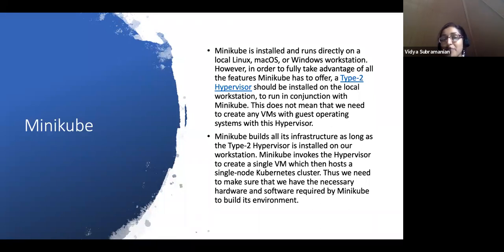It requires some basic setup, including some hypervisor that should be installed, and it builds all of its infrastructure as long as those installations are available. Again, to simplify today's experience, especially from a setup point of view, I did not want to have the very first hands-on session with all this setup, given how many people had responded saying Kubernetes as a concept is very, very new to them.